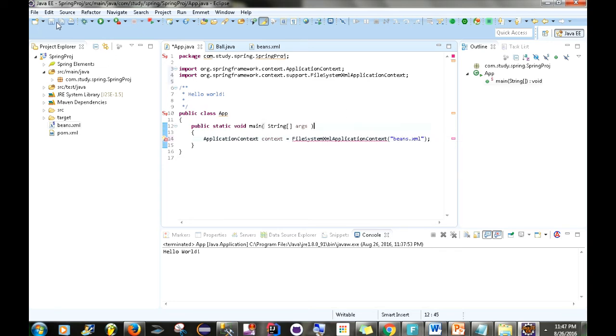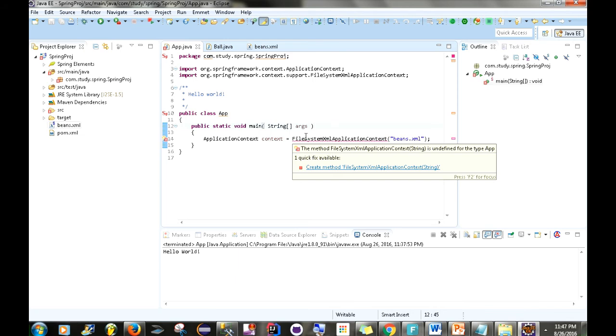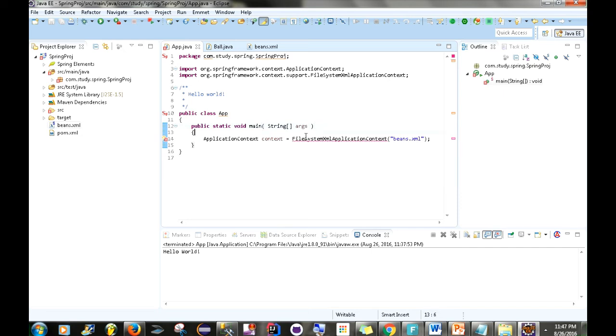All right, so we want to save this, and let's see what's going on here. Equals new, actually. That's what I forgot. All right, new. All right. Press save. And now after that, what I want to do is type in Ball, create an object reference